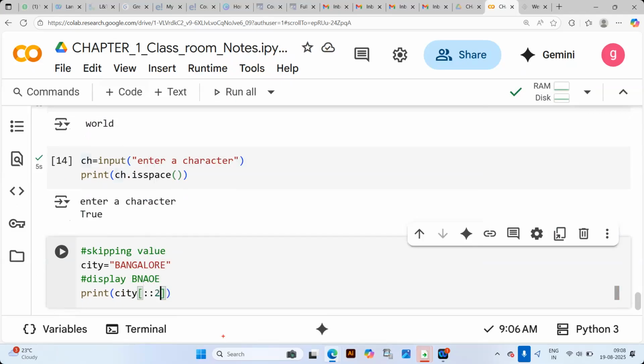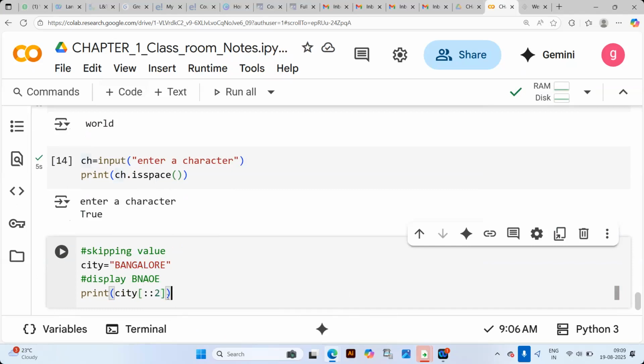For every 2 characters, 1 character will be skipped, which means it will start from here. The A is not going to be displayed. G is not going to be displayed. L is not going to be displayed. R is not going to be displayed, which means B, A, O, E will be displayed.